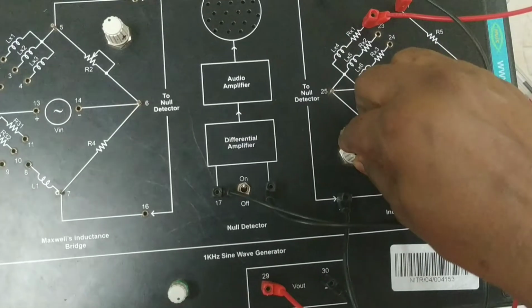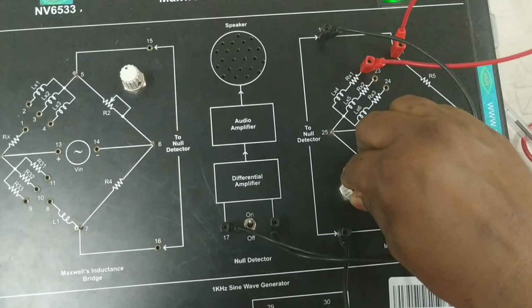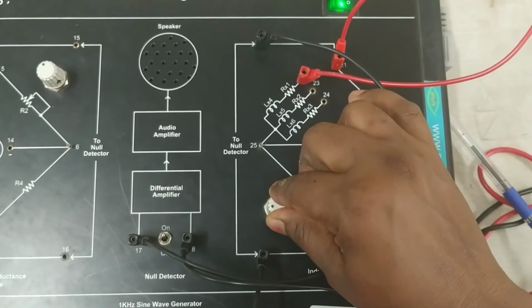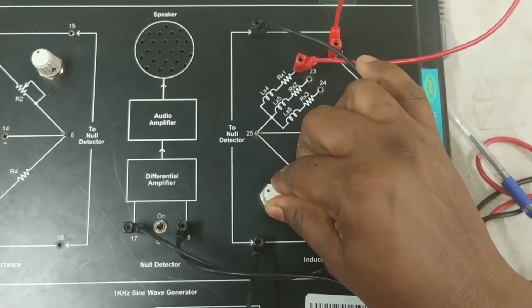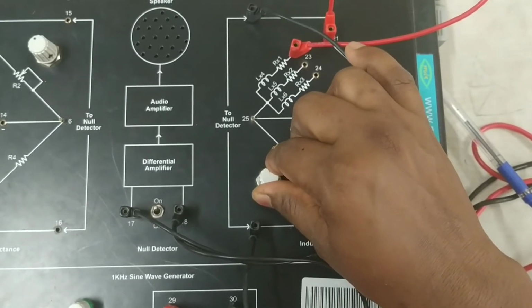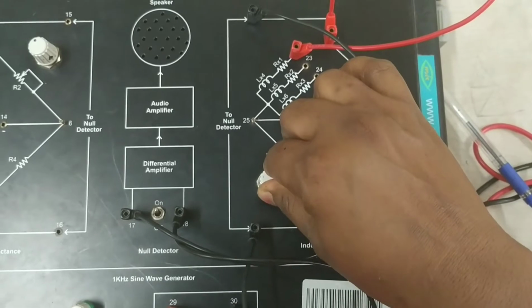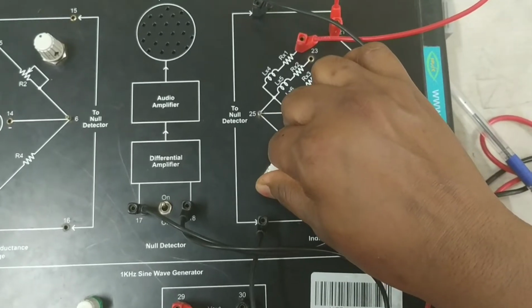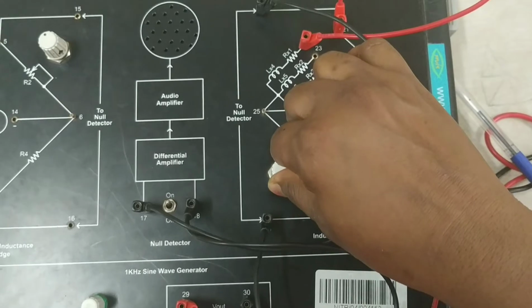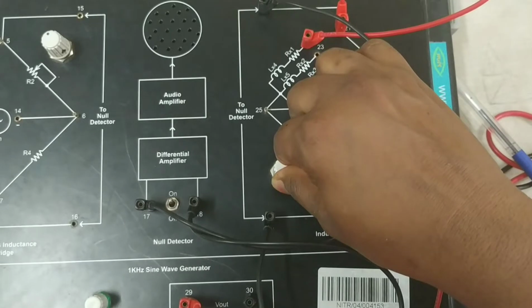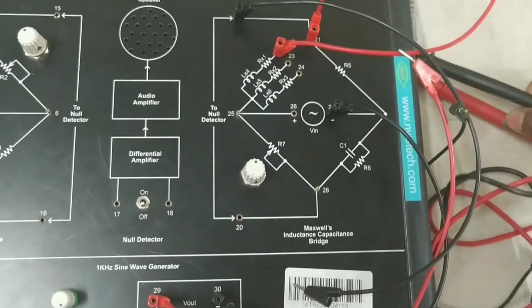So now we have to rotate this potentiometer very precisely. You have to rotate this potentiometer R7 very precisely, slowly, and check where the noise is minimum. Here the value is